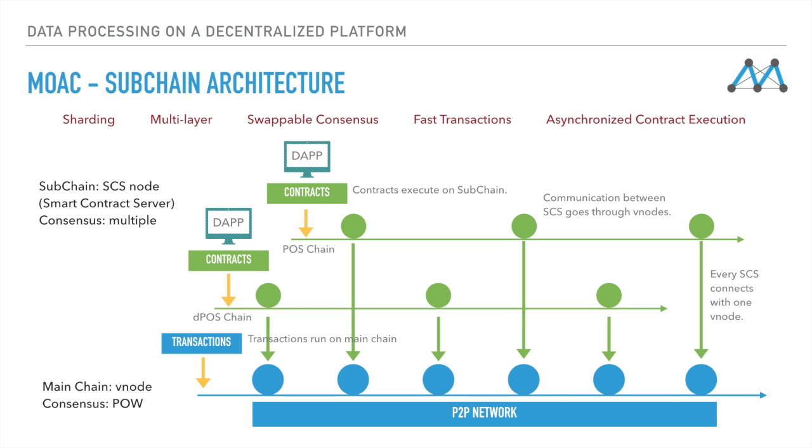And in order to make sure these subchains are secure, these subchains, the green ones, they don't talk to each other. How do they talk to each other? It goes through the main chain. That is why there's an arrow from every green dot to the blue dot, because you have to talk to another node on the same chain through the